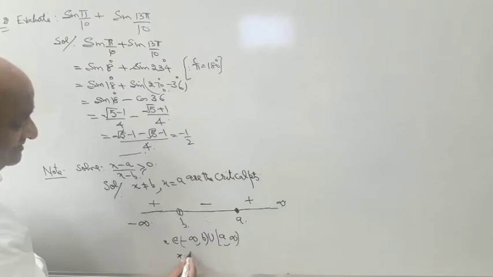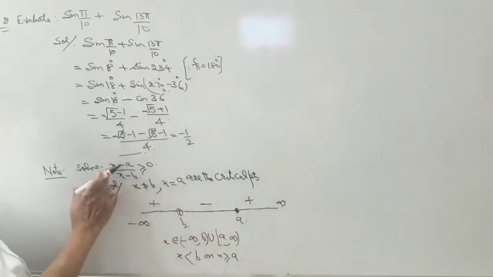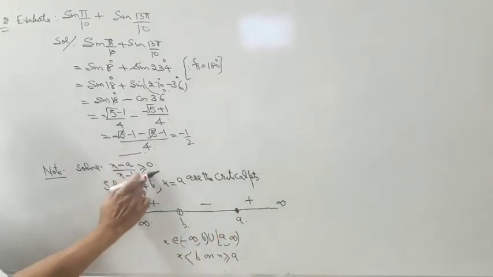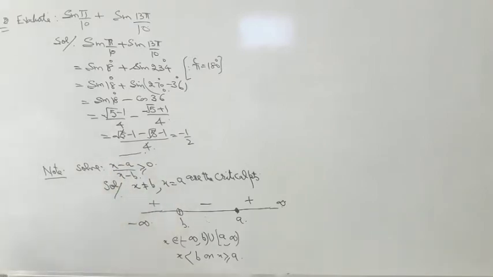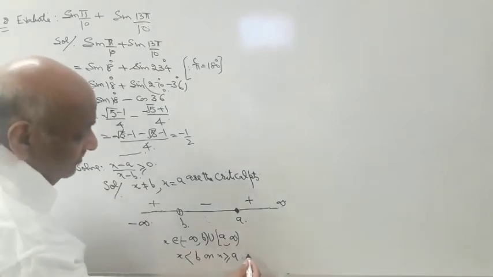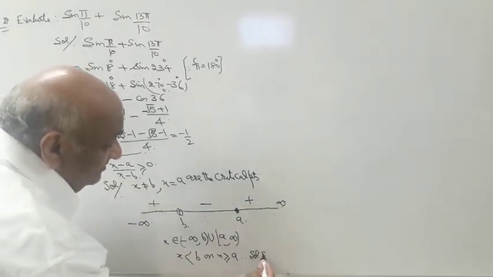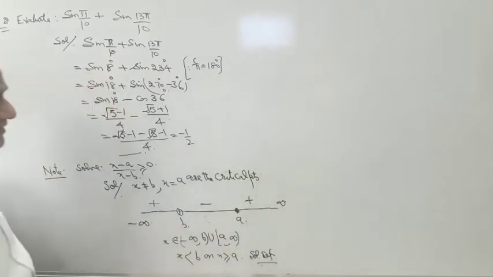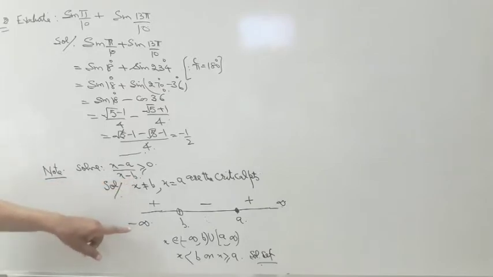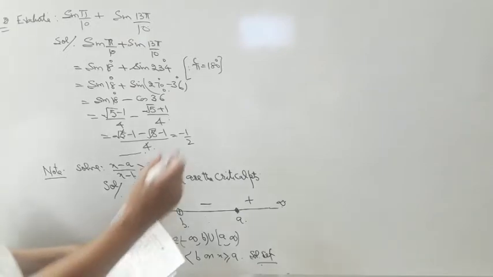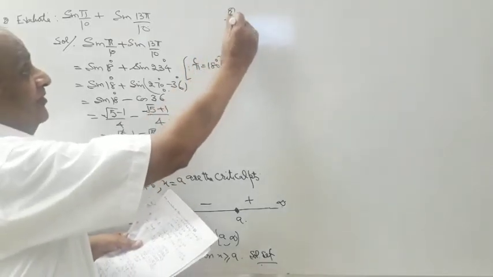That is, x is less than b or x is greater than or equal to a. Why is it the positive sign? Because we have (x minus a) over (x minus b) positive. That's why this solution is x less than b or x greater than or equal to a. This is the solution set. Now keep in mind, again I say we shall be dealing with inequalities in detail, but here in trigonometry I would like to share a very important question.